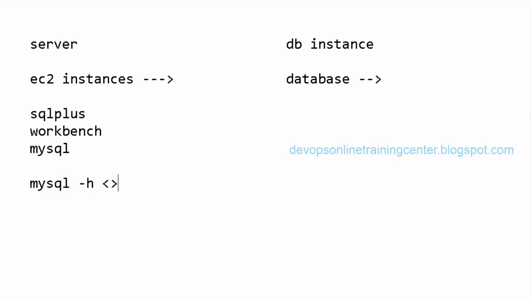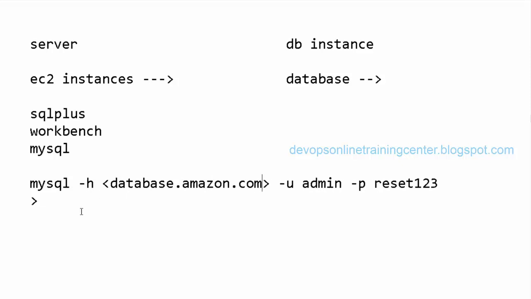The database will have its own IP address and DNS name, and it has its own username and password. These are the default things. And when we execute something, we are actually executing on the database. So here we give the database endpoint. Then you go here and type something like show databases and then use database XYZ. We type like this, right?